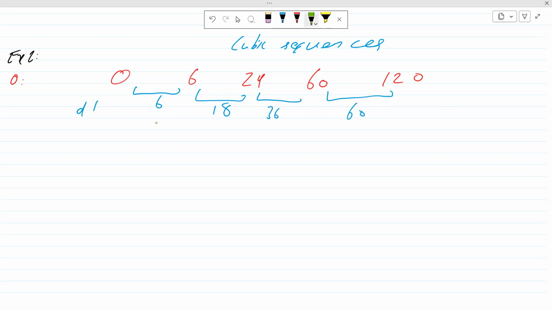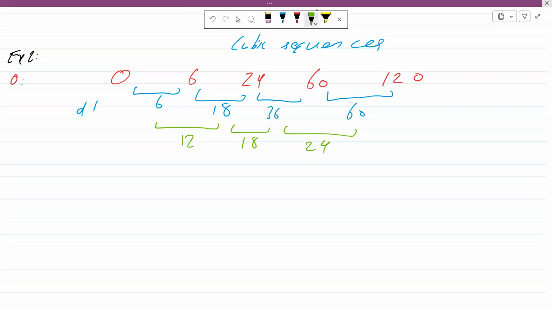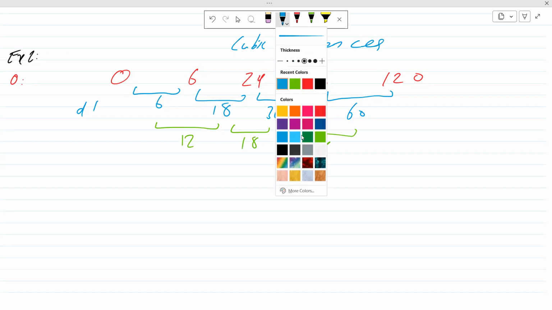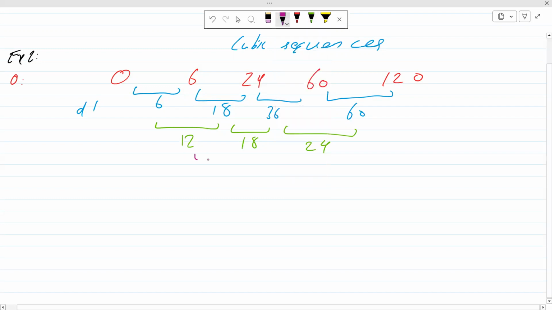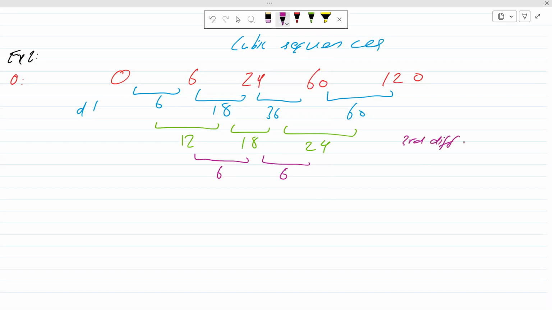Let's look at the second difference. 12, 18, 24. Second difference is also not same. How about the third difference? Third difference is same. So when third difference is same, it's a cubic sequence. So for cubic sequence,